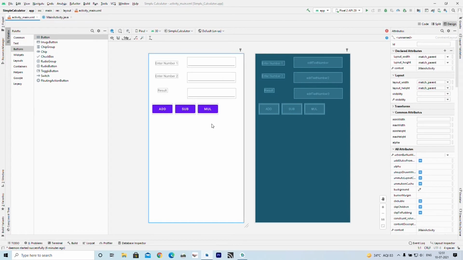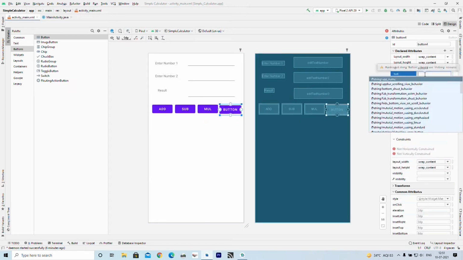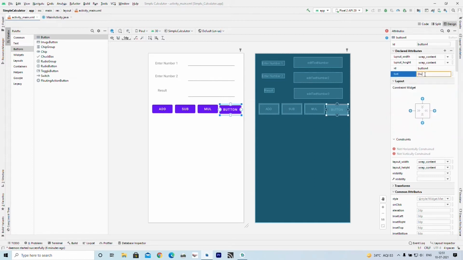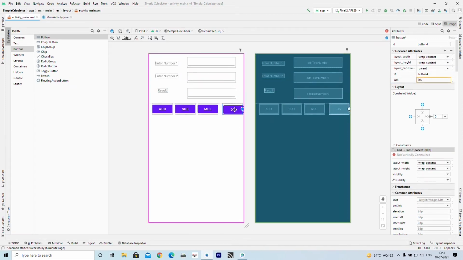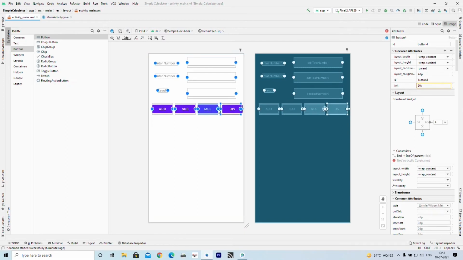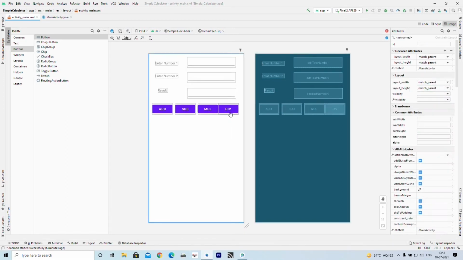I want to add a fourth button, which will be used for division. So I am changing its text to division, and here I am giving a constraint again. Our interface is ready.